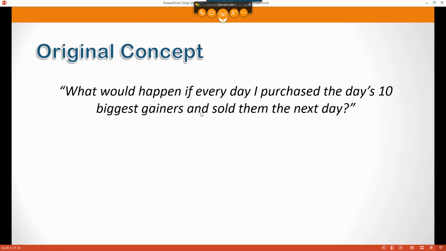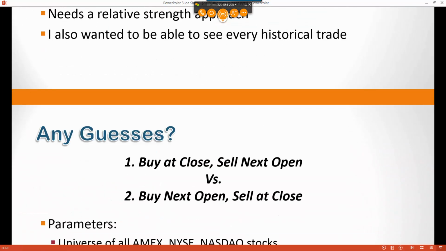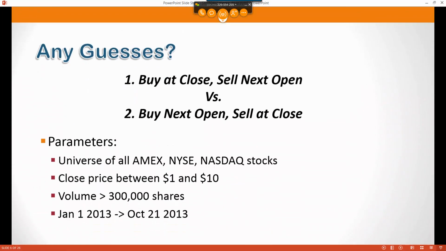That was the idea, and I couldn't really find any software that would show me what the result of that would be. So I wrote EdgeRater primarily to show me that kind of answer. Not specifically that kind of answer, but in a general way you can configure it to show you many different answers, but that's the one I really wanted to get done. I ran this very recently, because I revisited this idea last year, from January 2013 to October 2013, when I first talked about this idea with people in various trading seminars,